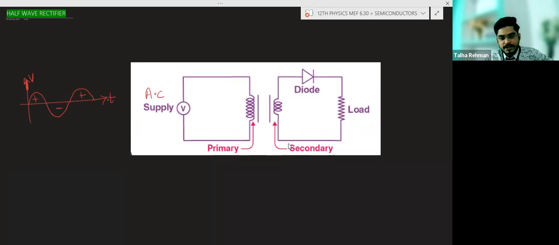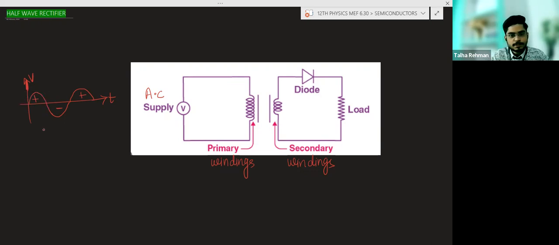This is the primary winding, this is the secondary winding. So now we will discuss the working. The working is very simple. During the positive half cycle,